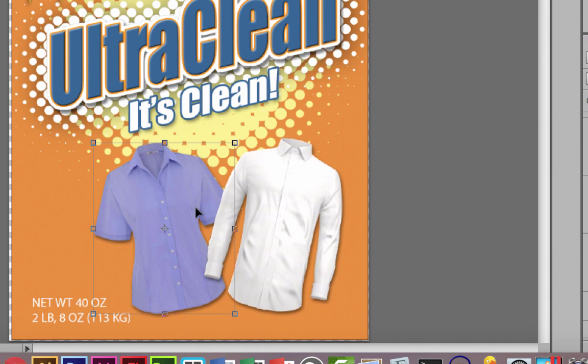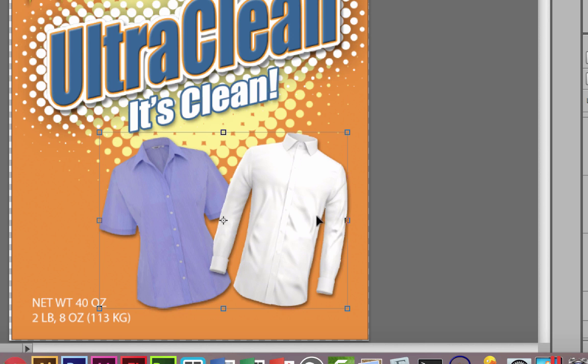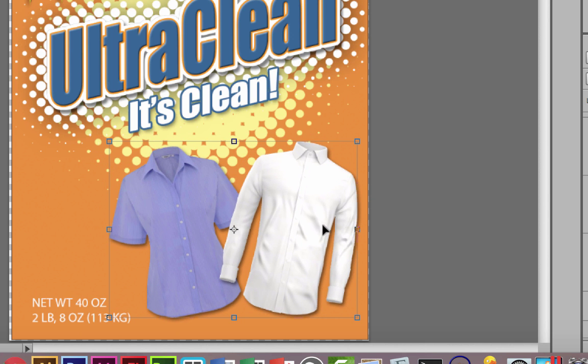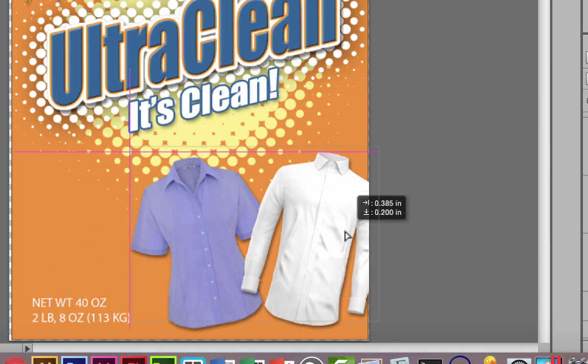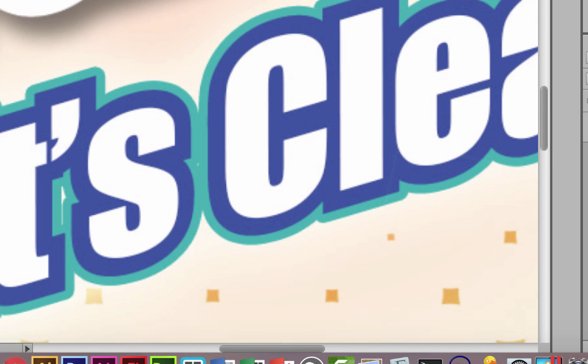So now I have my shirts here. I could move them around. I can hold shift and kind of move them together. I could scale them down a little bit. I could kind of crop them off if I want them cropped off. You know, I could add something else here. I could add another tagline. If you look at some of my other samples,